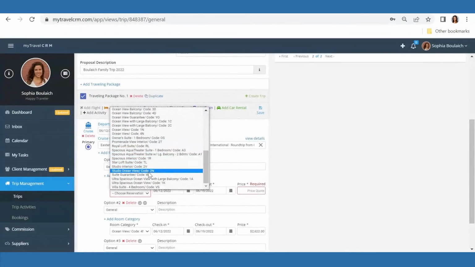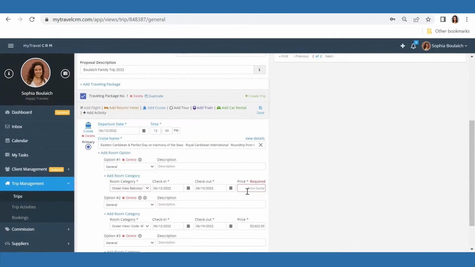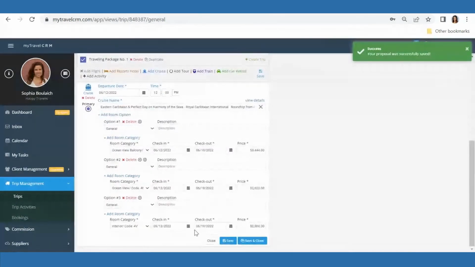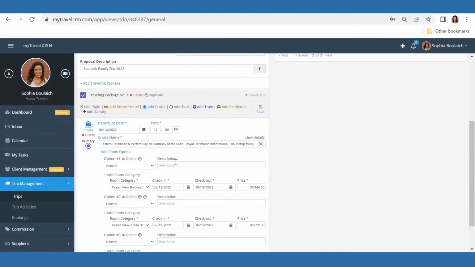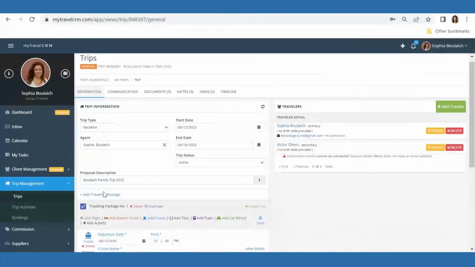There we go. And that one is $3,444. So once I have all of my options, my 3 room options, I'm happy with that. I can move on and add an entirely different traveling package, okay? So what I want to do now is add a traveling package here. This is a completely different